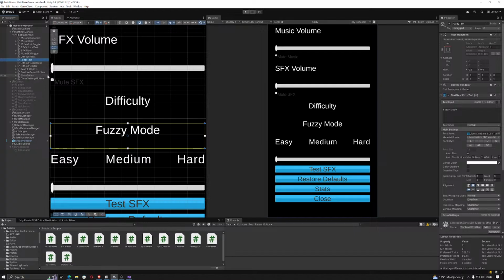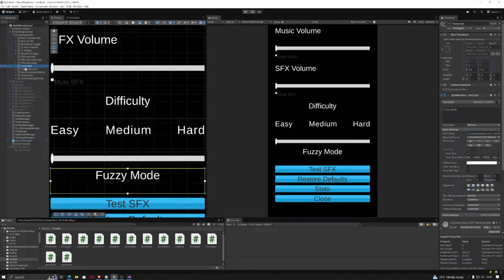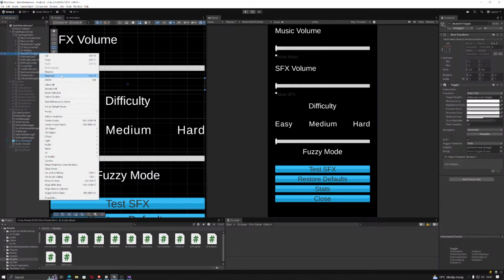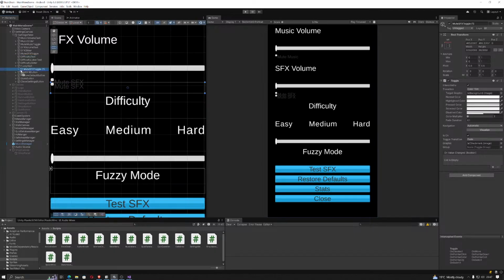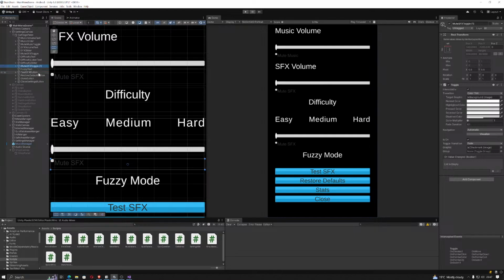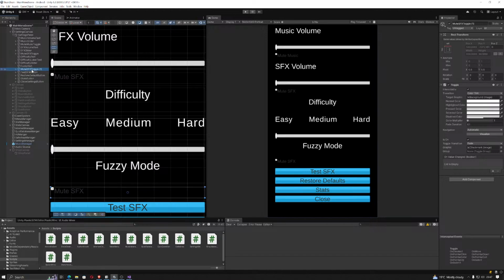Okay, and we shall move that down under, above the test sound effects. Okay, and then I shall duplicate the mute sound effects toggle. I'll bring it down under fuzzy text. No, not that far under fuzzy text. And that's sitting above fuzzy text. Down there, and I'll rename it